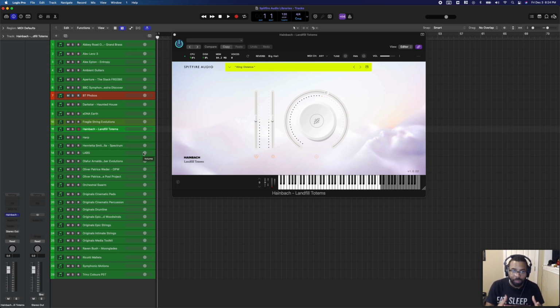And I won the Hainbach Landfill Totems contest, where I won this great cassette of Hainbach's album. I also won Hainbach's album, which is great. I haven't opened either of these, and I probably won't open either of them. And then I also won Hainbach Landfill Totems. And perhaps the most valuable prize of all is I won a conversation with Hainbach. It was about an hour chat I had with him. I believe it's maybe supposed to be half an hour, but we had a great conversation where he shared some